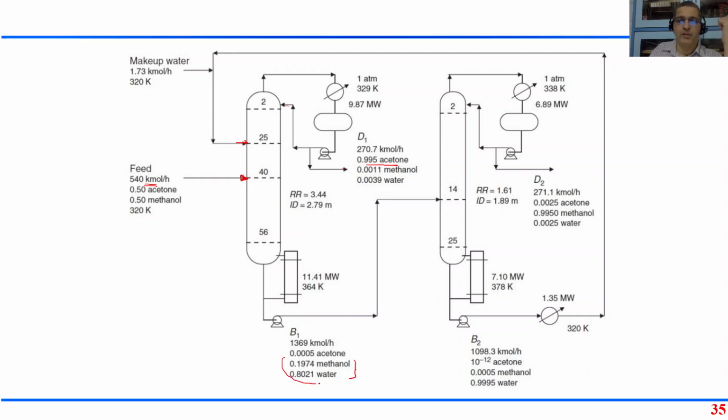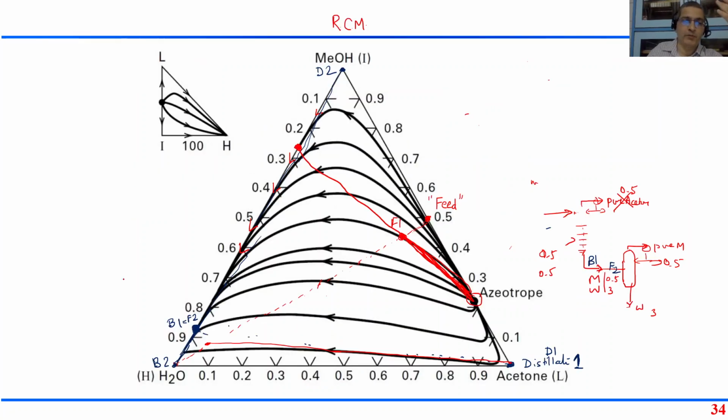And now you see, the methanol and water is a very large quantity, because we want the feed to end up somewhere here. We want the bottom to end up somewhere here. We want the feed to be here, so that I get essentially pure acetone at the top, and we'll get the mixture of methanol and water somewhere with this composition. You see,